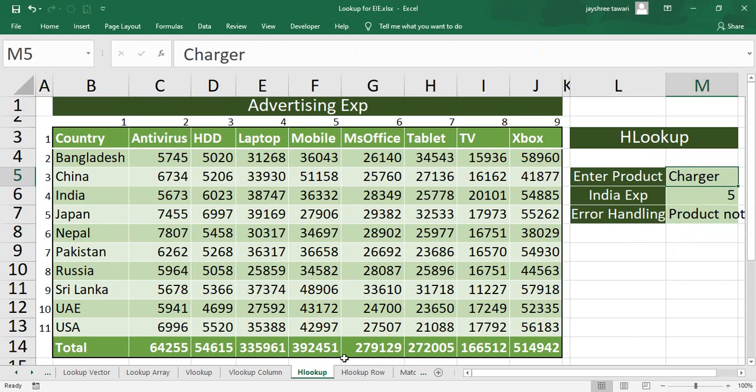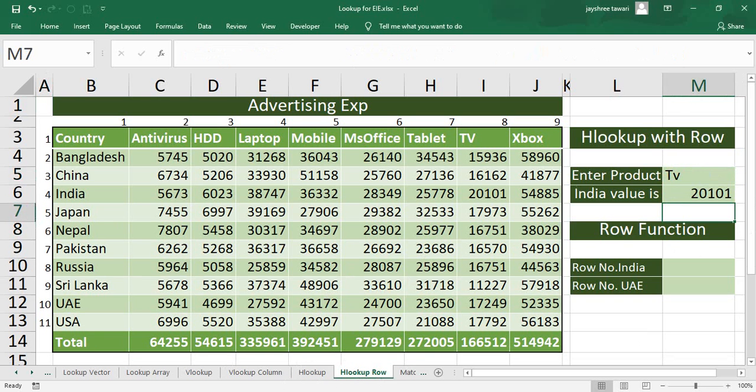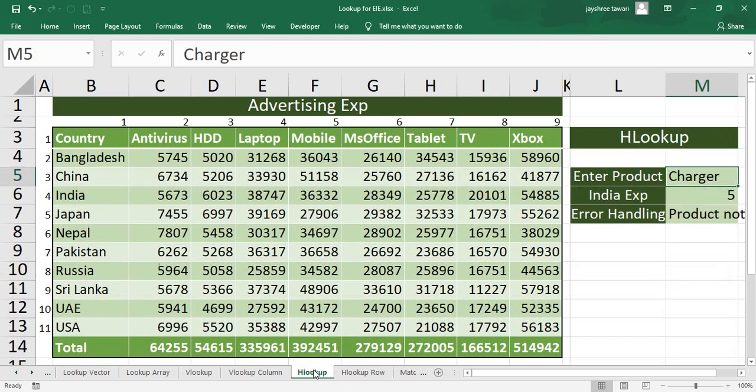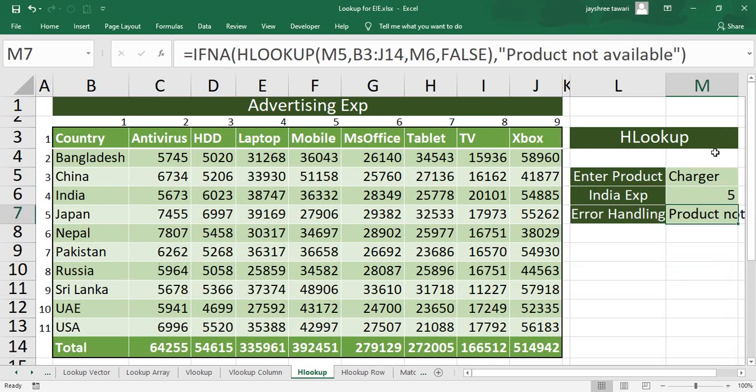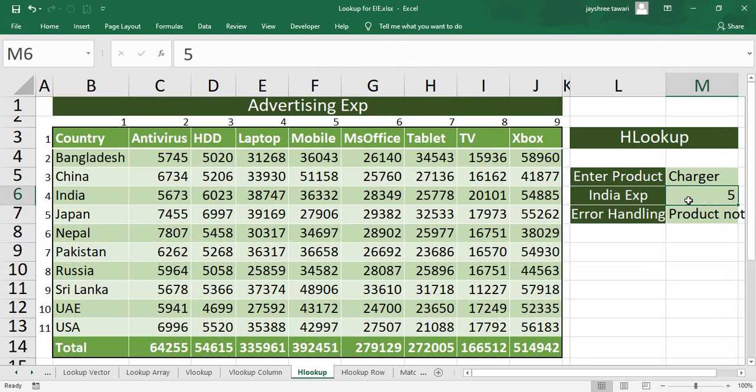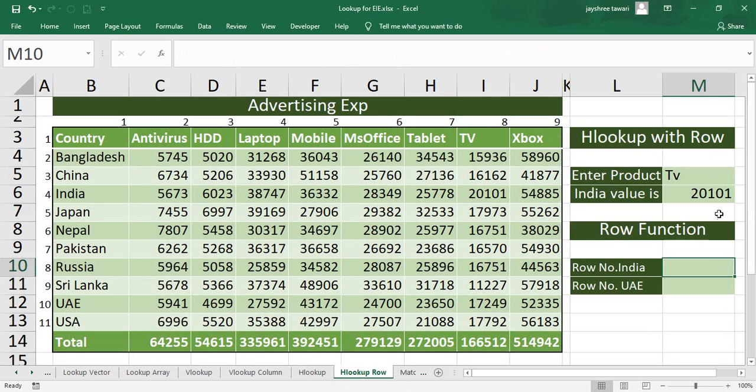Fine. Again, in the previous session I have explained the concept of column. Same way you can even go with the formula of row, which will help you to retrieve the row number. The logic is, since we have written a manual value over here like 4, 5, 6, in case you don't know that, you can use your row function, and this row function will help you in finding out the row number. So I am saying row of what? I want to find out the row number of India. So the row number of India is coming up as 6.